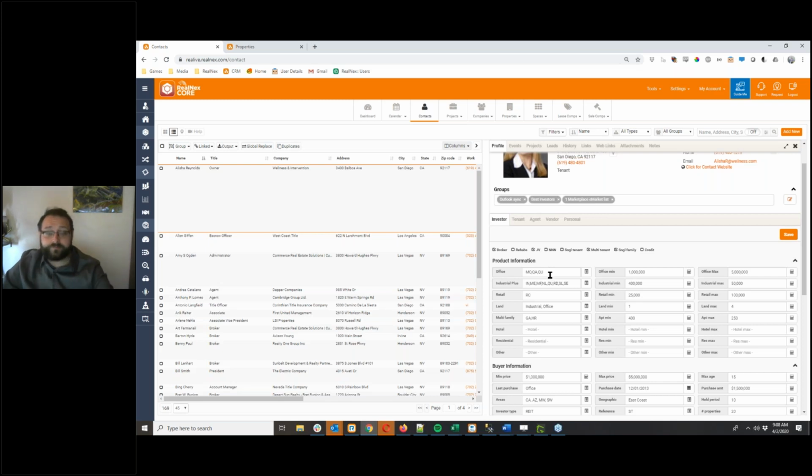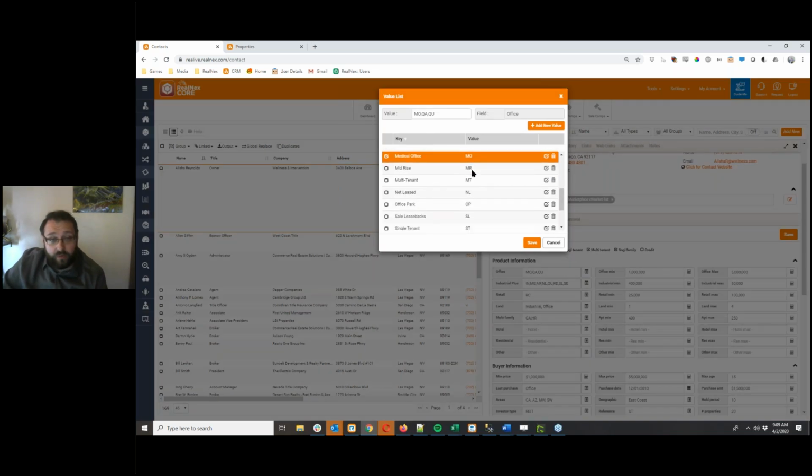Sorry about that. So this is one of the ones that is pre-populated. If any of you go into your database and you've never actually gone in here, you can see exactly what this looks like. This is an example of one where you have a key and a value that differ from one another,